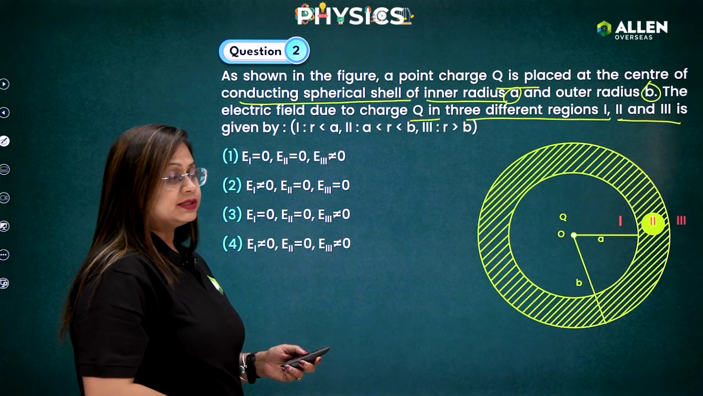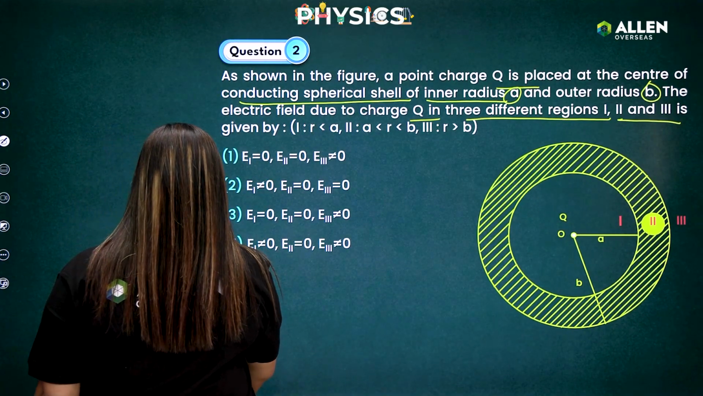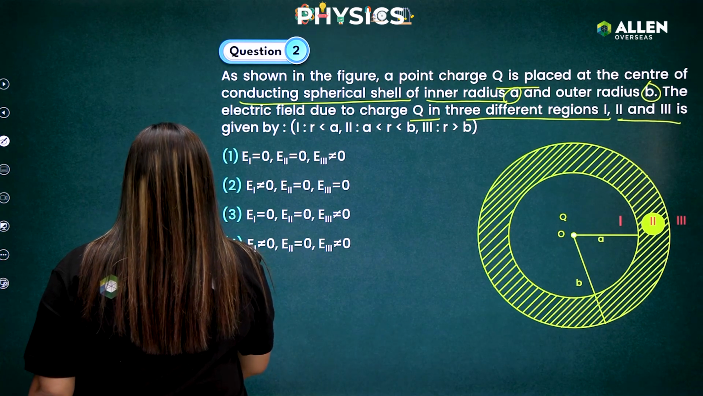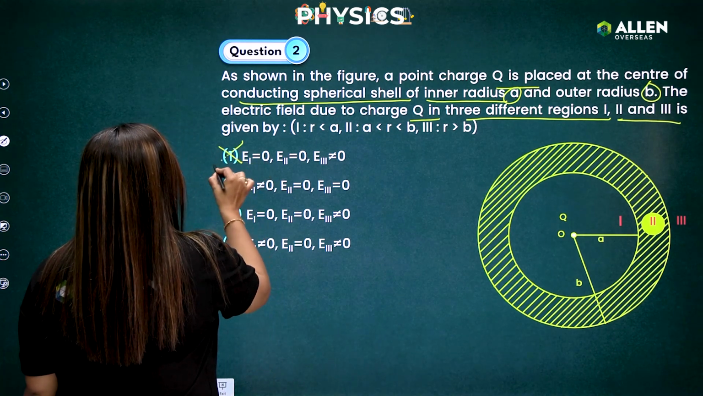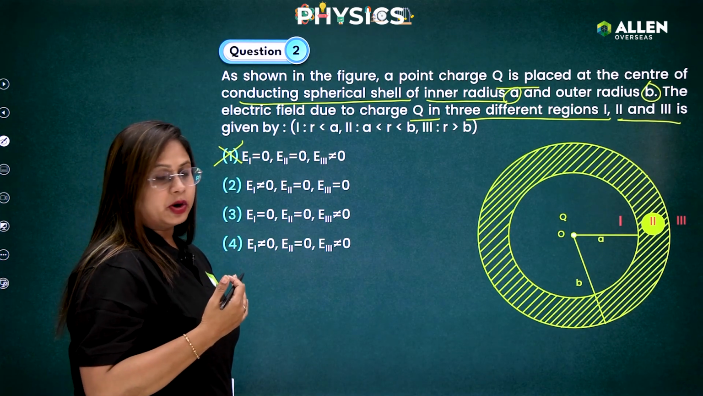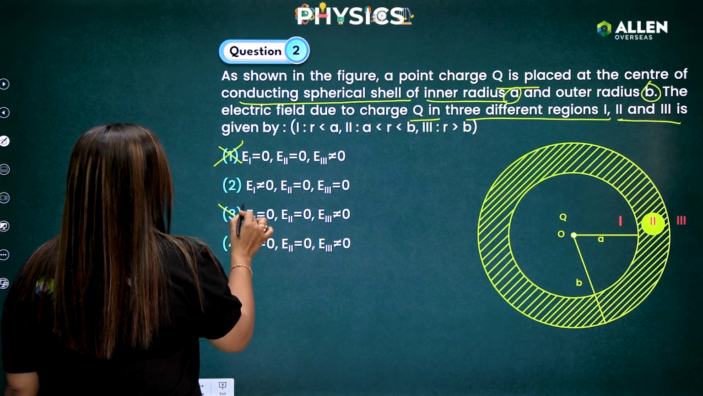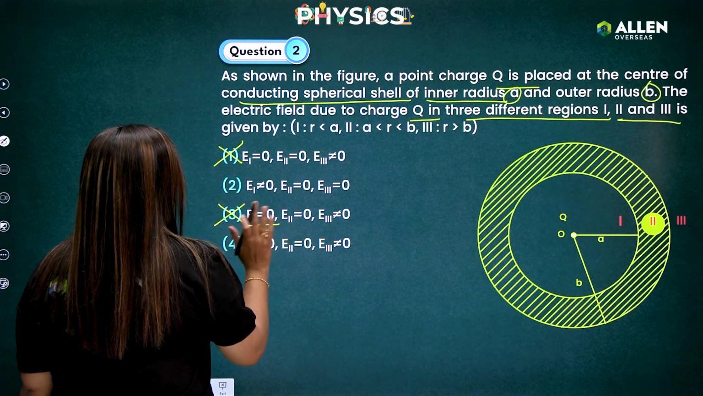So look at these options. The first option says that E1 is equal to 0. Definitely it is not going to be the correct one. So we are going to remove these options. Option elimination is also very important. So we can simply eliminate option number 1 and option number 3, because we already know that E1 is not